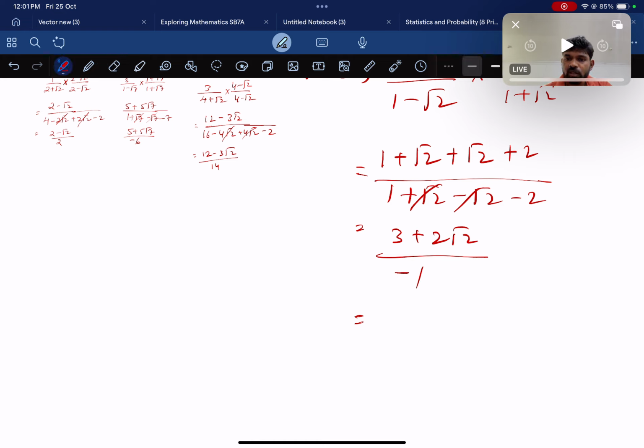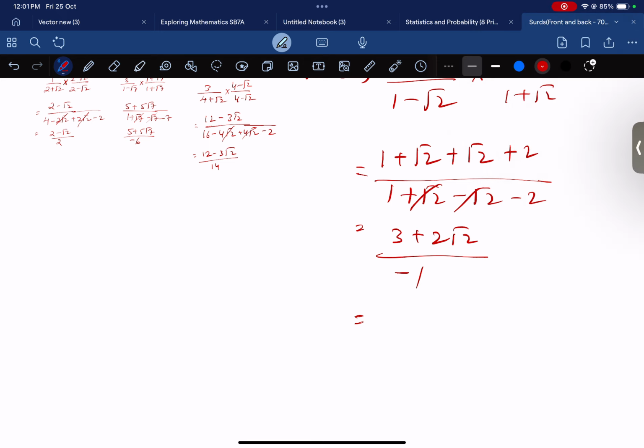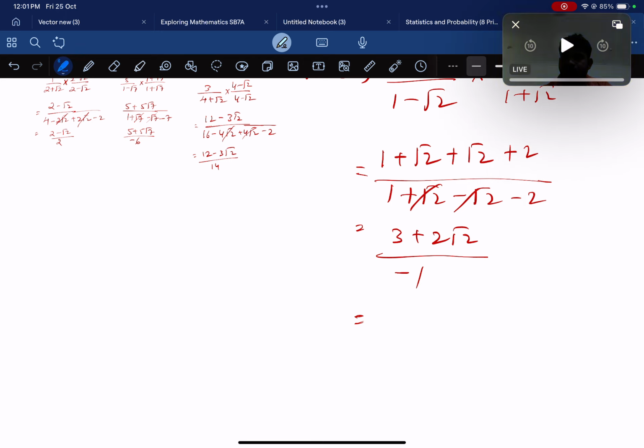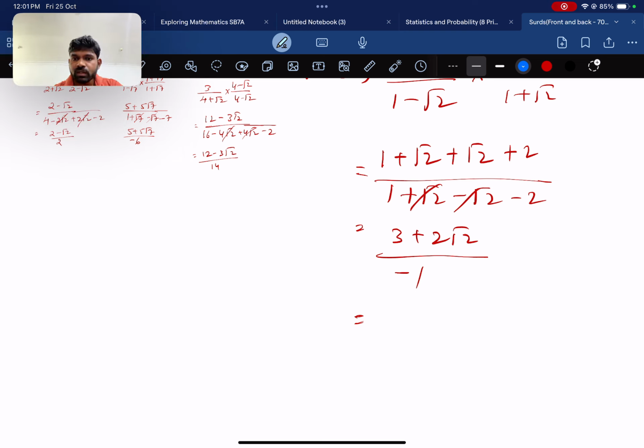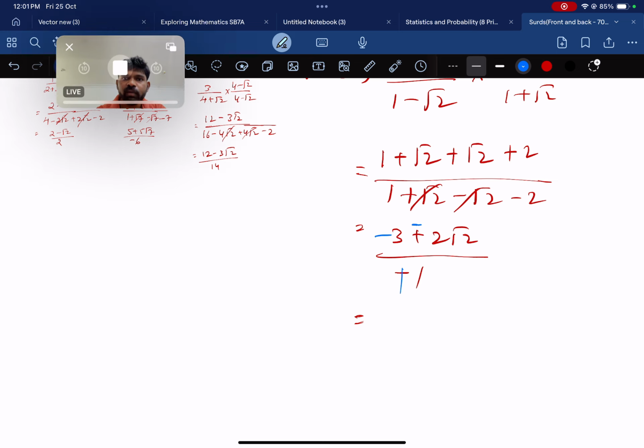What I'm doing, this is a question, this is the answer, you got it right. I'll just change the color so that you get better. Okay, so this minus becomes plus and this plus becomes minus, this plus becomes negative. So my final answer will be